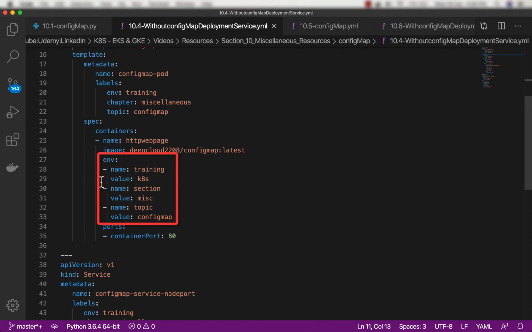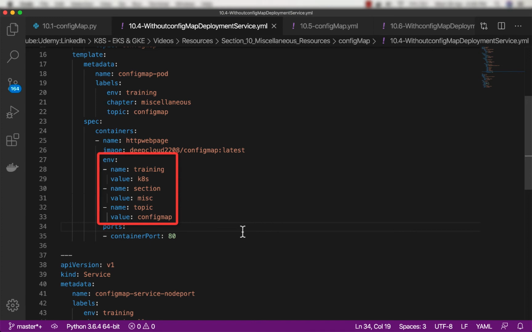In env I can have multiple environment variables. In this case I have 3. For the first one, the name is training and I'm passing the value k8s. For the second one, the name is section and I'm passing the value miscellaneous or MISC. For the third one, the name is topic and I'm passing the value config map.